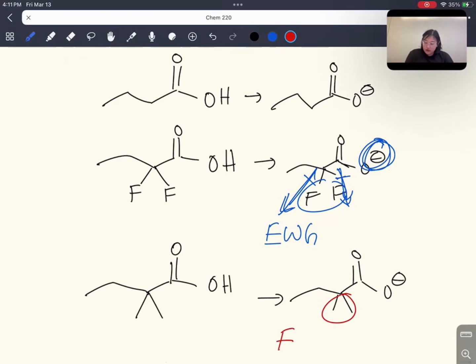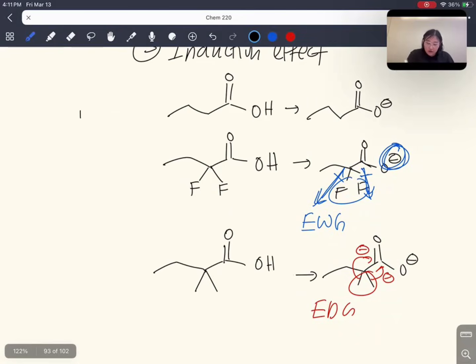What electron donating groups do is spread electrons out more over their neighboring atoms, and so they spread a minus charge, but we don't want that. If we have a minus charge already, we don't want to add more minus charge. And so if we were to rank these three molecules from one equaling most acidic to three being the least